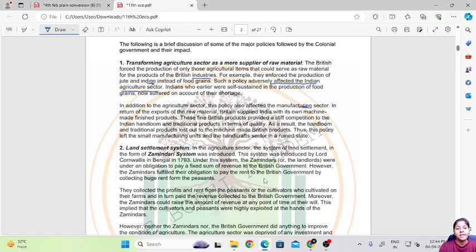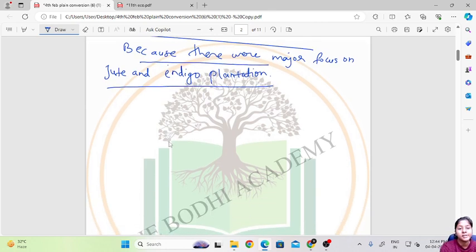So as a result, the handloom and traditional products lost out to the machine-made British products, because handloom and traditional products take a lot of time to manufacture. But with machine-made products, it takes less time to finish a particular good, because machines take very